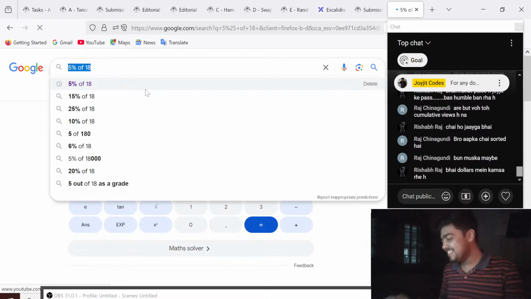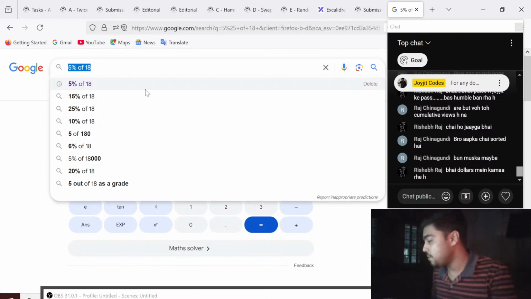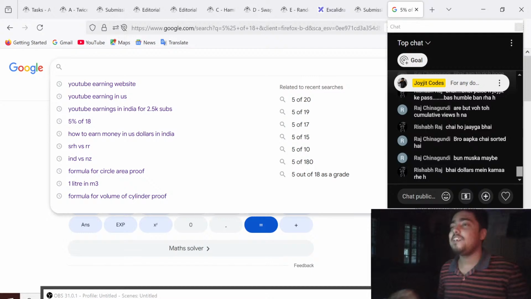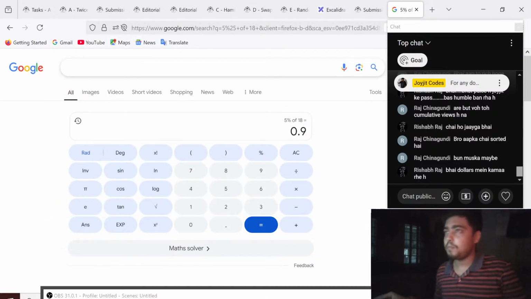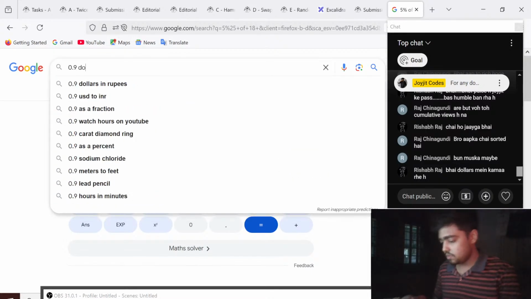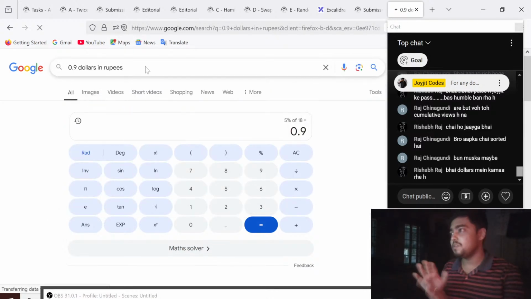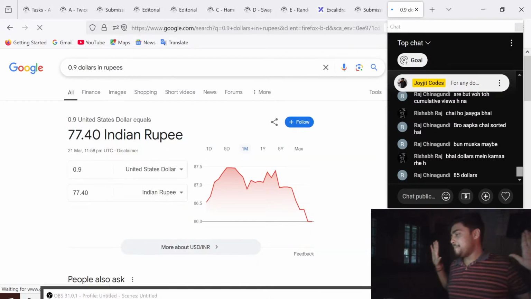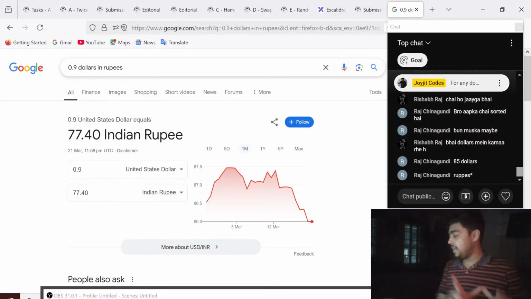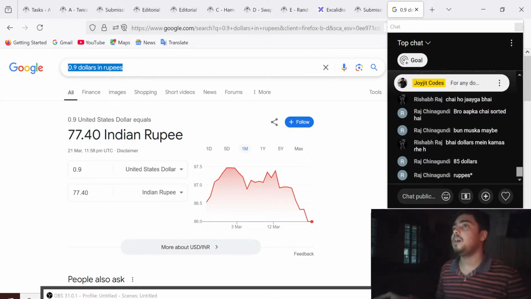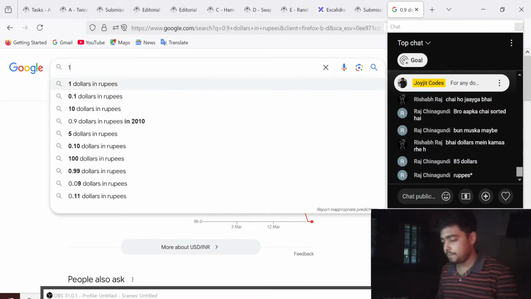अबे, डॉलर्स में कमाता हूँ भाई, $1 महीने का। अब $0.9 इन रुपीज, चलो $0.9 इन रुपीज कितना होता है? देखो ये है मेरा, ये चीज मेरा हो सकता था अगर मैं यूएस में रहता तो, ठीक है। ये तो मतलब नॉमिनल है, क्योंकि यूएस में इतना रेट गिरता नहीं है, मैं तो सबसे एकदम लोएस्ट रेट पे देख रहा हूँ। ये मेरा हो सकता था अगर मैं यूएस में रहता, मतलब 100 रुपीज पर डे, ठीक है।